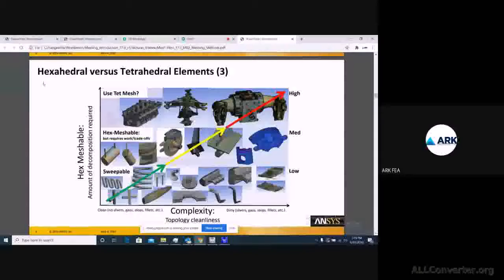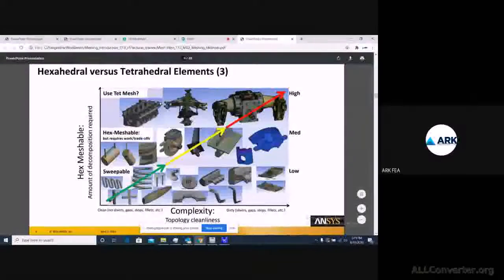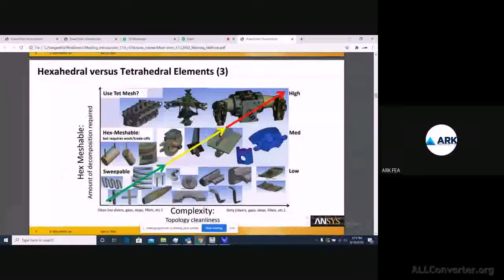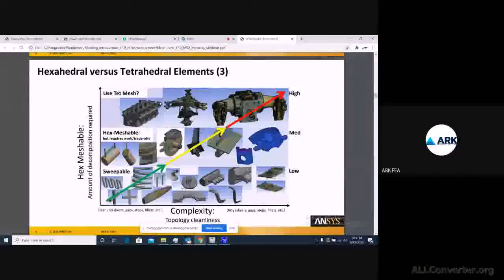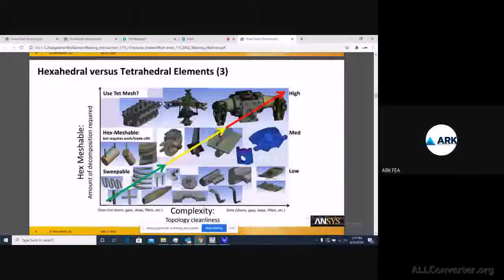The complexity level for this kind of geometry is very low, so you can mesh it using hex elements and get your fastest results. But if the geometry has a little more complexity compared to the first level, then you can move on to complete hex meshing and get your results. But in the very first one, if you look at it, the level of complexity in the geometry is very high. So in that case, tet elements will be the most suitable to capture the entire region.